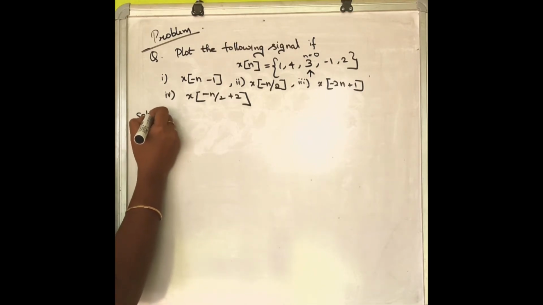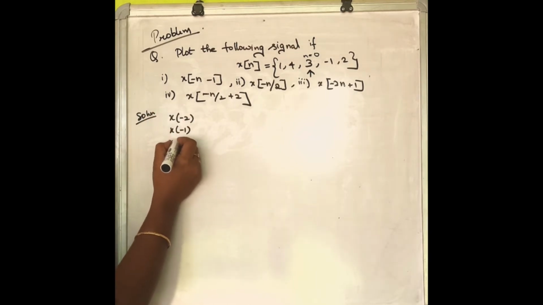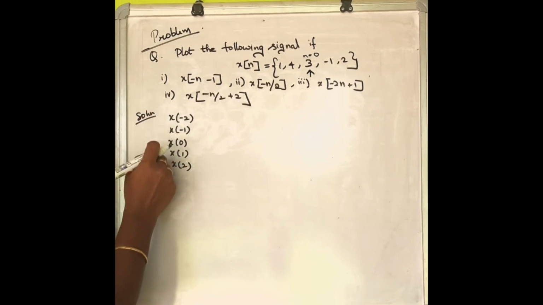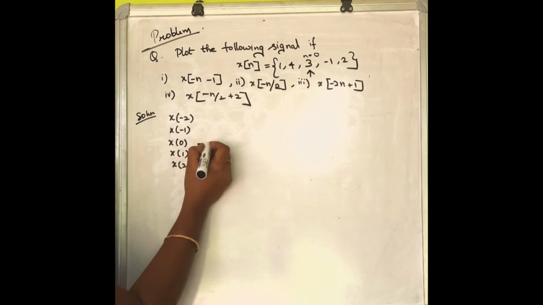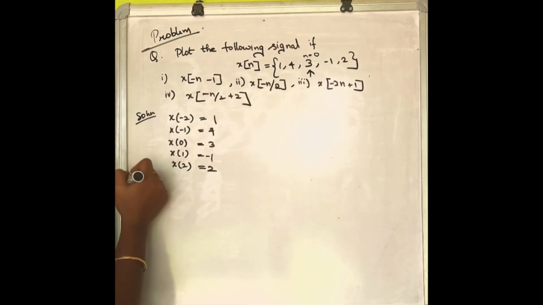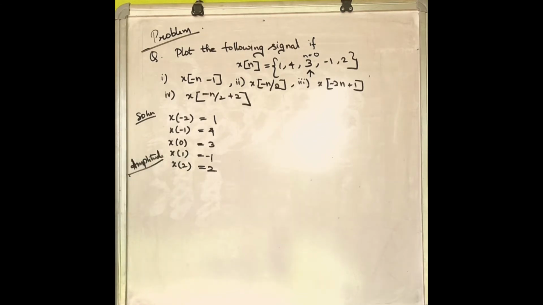Solution: x of -2, x of -1, x of 0, x at 1, and then x at 2. So let's check out what are the amplitudes. For 0 it was 3, so it will be 4, 1, -1 and 2. So these are the amplitudes that have been written. Please check and write the amplitude for each of the n instances. Then comes the first problem: